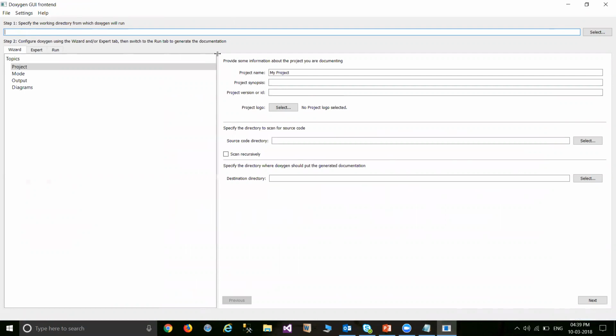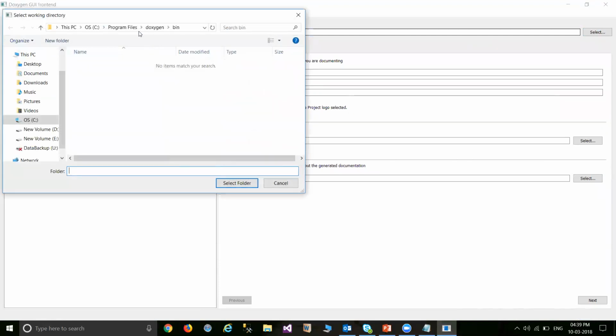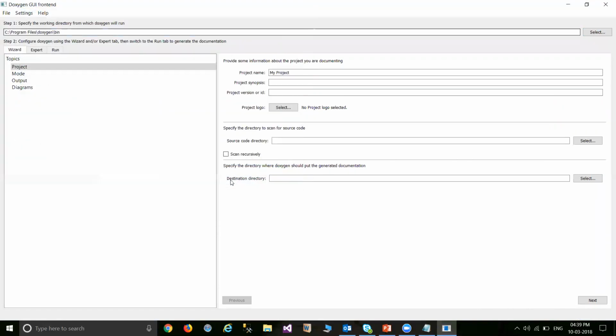and it opens like this, with empty fields. The first one is to specify the working directory from which Doxygen will run. It has some Doxygen versions, so you need to specify the directory. In my system, it was installed here, so I will specify this bin folder, from where it is going to run,